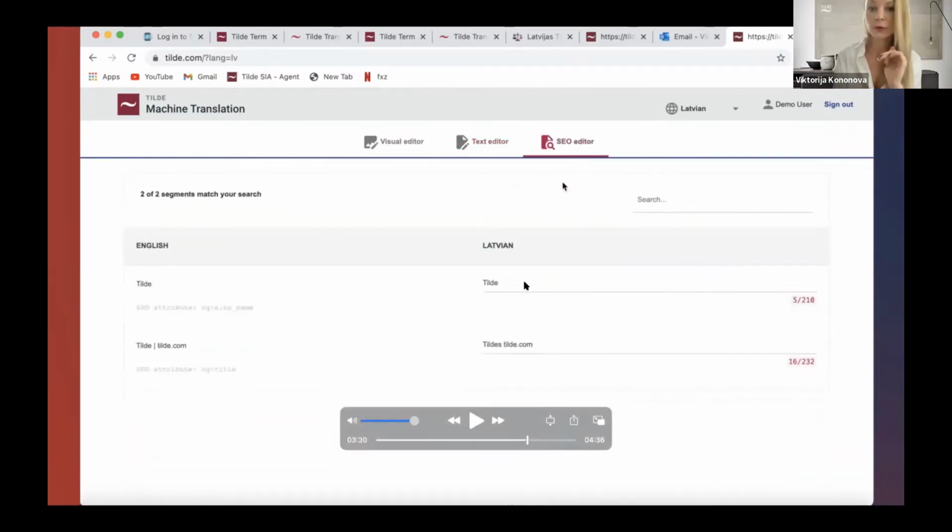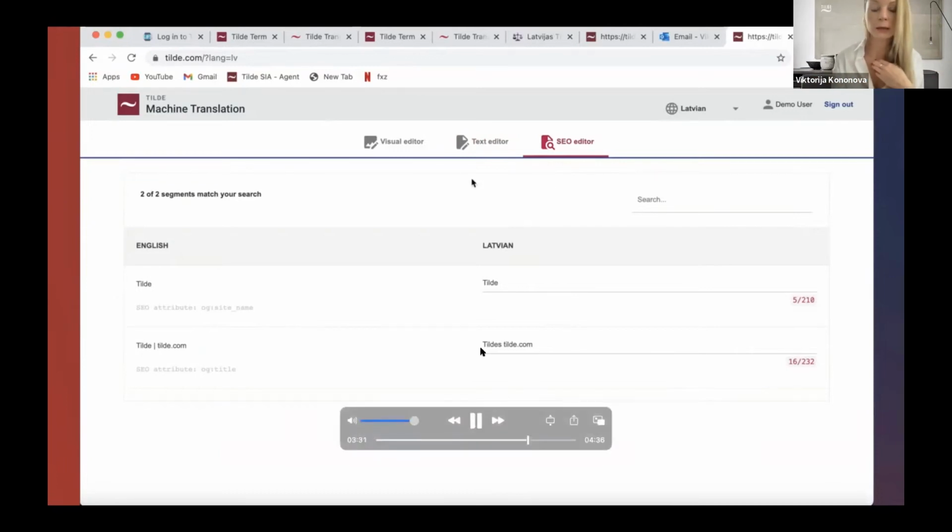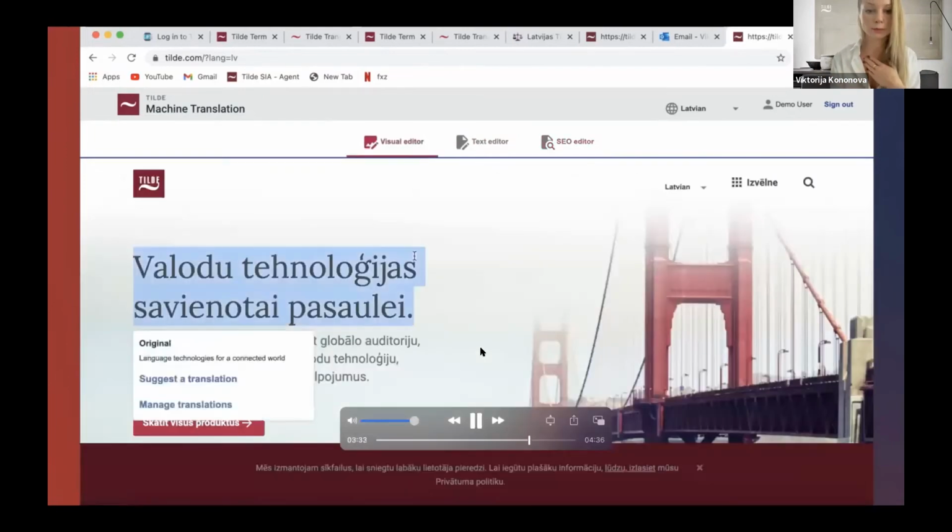Another very important feature for businesses that is implemented into the website translator is the search engine optimizer. So basically you would want your product or your area of expertise or disease area to appear on top of Google searches, if anybody is searching for that. So you can do it here. You can assign as many keywords, words you need, and have it translated and have it appear in Google.